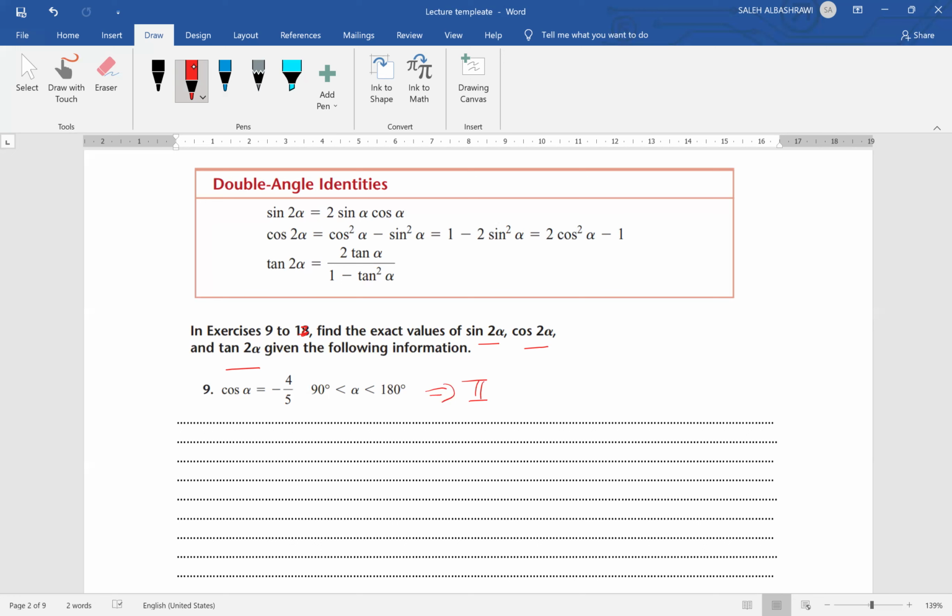So to find cosine 2 alpha, I can use this identity, 2 cosine square alpha minus 1. But if I want to find sine 2 alpha, sine 2 alpha is equal to 2 sine alpha cosine alpha. We need to find sine alpha, since it is not given, so we have to find it. Now, since we are given that alpha is in the second quadrant,